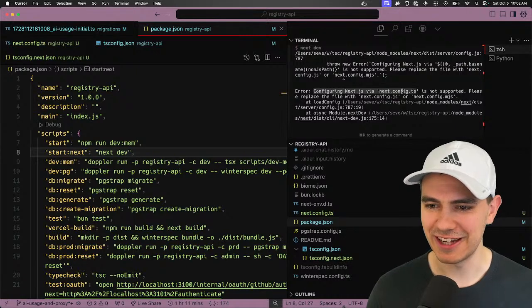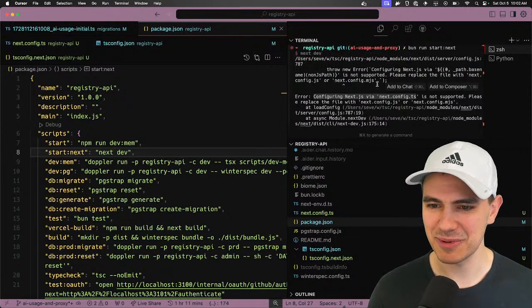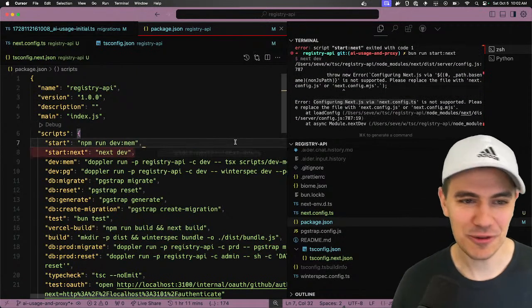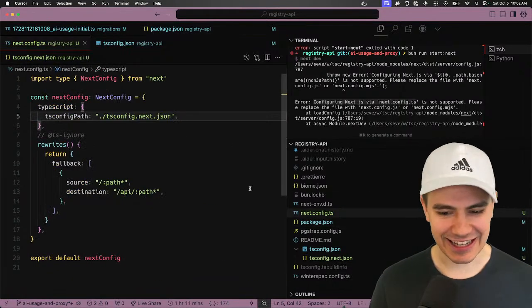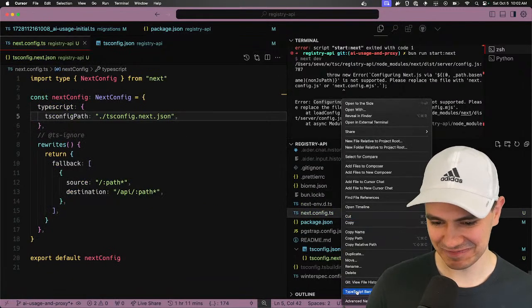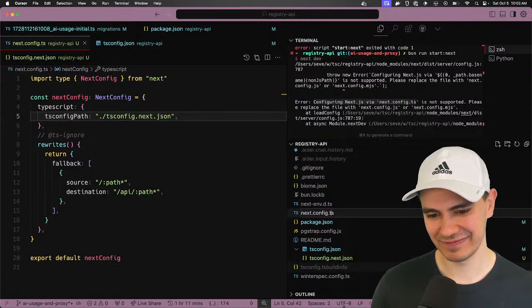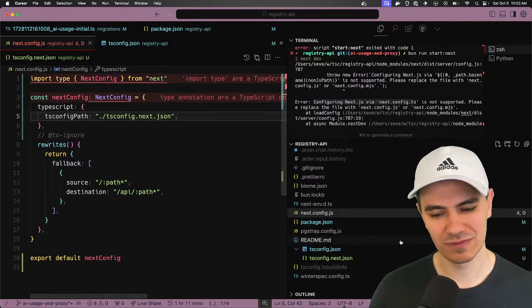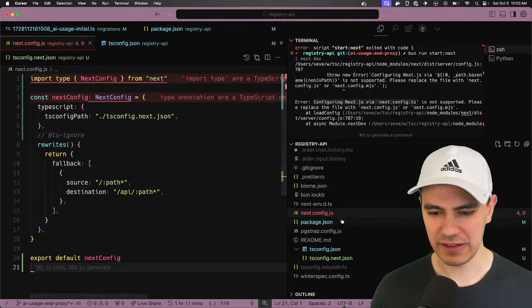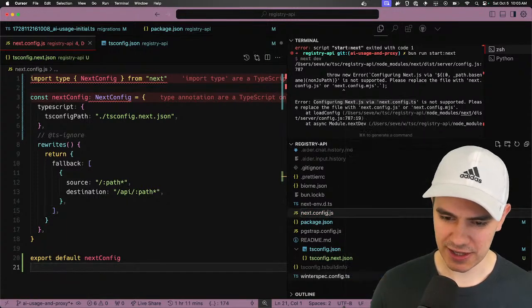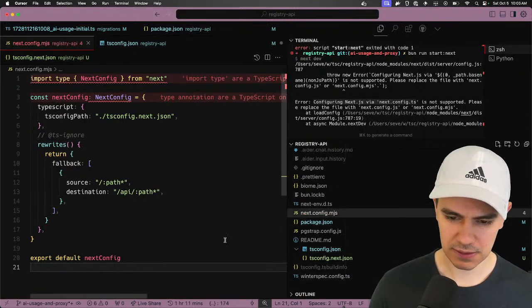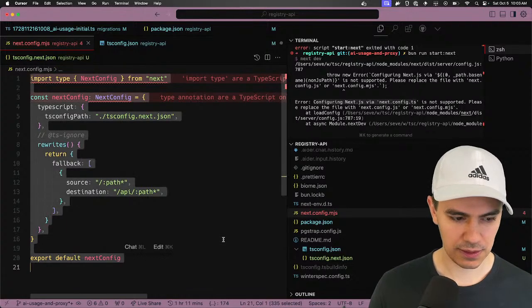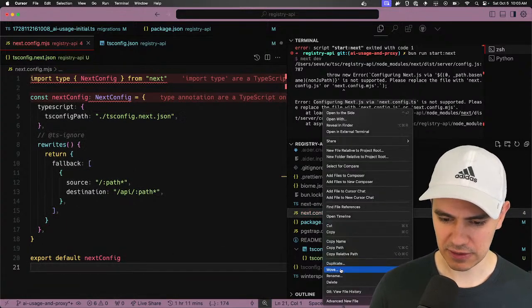Configuring Next.js via next.tsconfig is not supported. Maybe it's a new thing. You know, Next.js, it got a little complicated at some point. And then we could use MJS maybe. Actually, I don't think we need to.